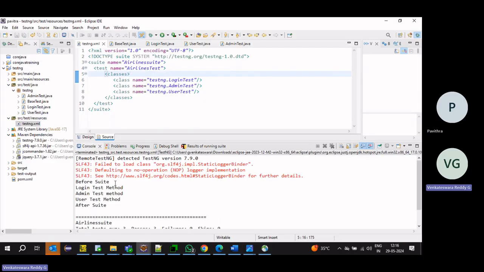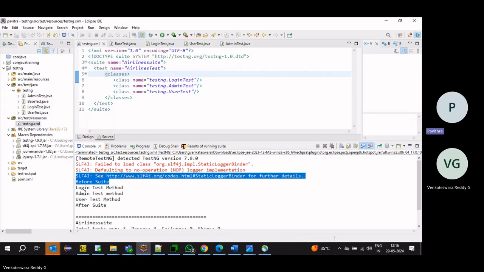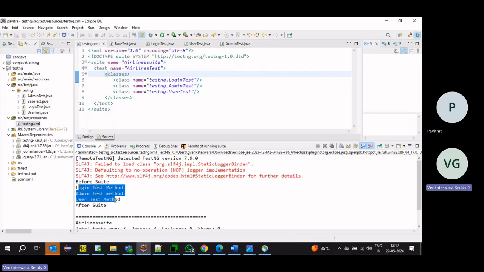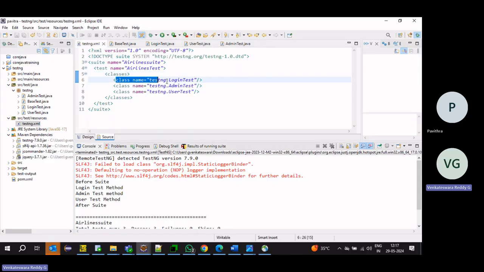Now I want to make it as a run. Right now, what will happen: before suite is executed, then login, admin, user are executed, then after suite. Now coming to the picture, I want to execute something before each class, something like resetting data, database data maybe.